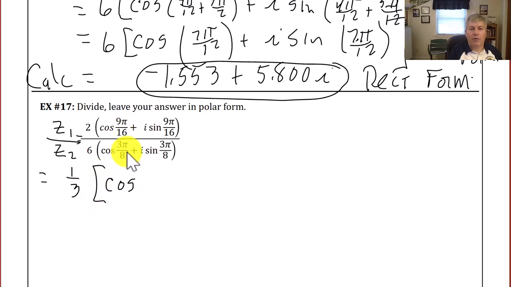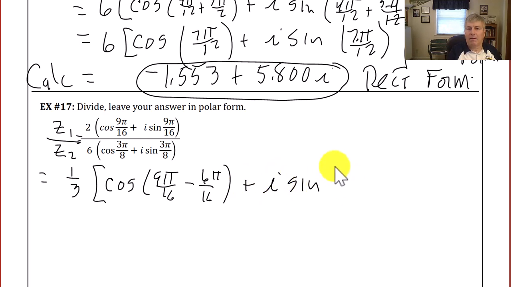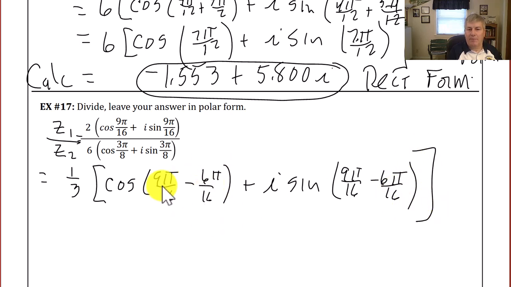The cosine, now we're going to subtract the bottom from the top. So we have the cosine of 9 pi over 16 minus 6 pi over 16 plus i sine of 9 pi over 16 minus 6 pi over 16. So all I did is get a common denominator so I could subtract these, and see I'm subtracting the bottom angle from the top, and we get 1/3